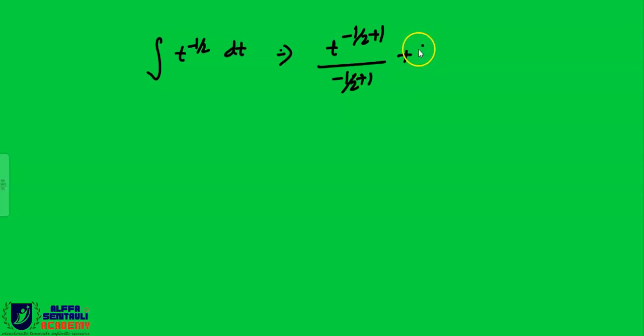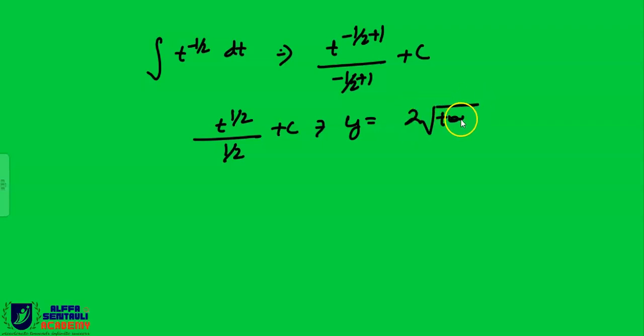Right, beta. So this is very easy to solve. Now you can easily solve this. dt upon root t can be written as t to the power minus 1 by 2, right? So now beta, you know this is very easy. t to the power minus 1 by 2 plus 1 divided by minus 1 by 2 plus 1 plus c. So if you add, you will get t to the power 1 by 2 and 1 by 2 plus c, right beta? Then you will get 2 multiplied by under root t. Under root t is what beta? Tan x. 2 under root tan x plus c. This is your final answer.